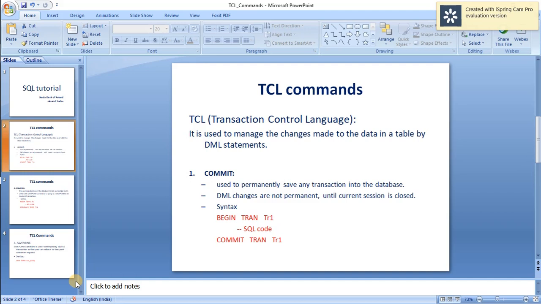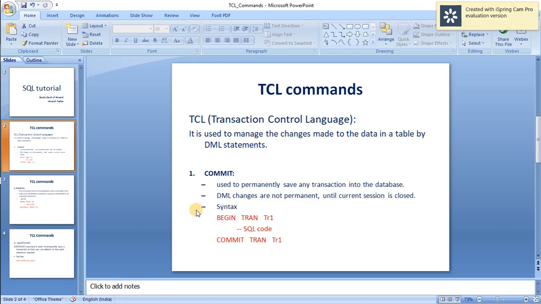If we want to make the changes permanent within the open session, we can do that with the help of the commit command. Or if we want to change back to the previous state, we can achieve that with the help of the rollback command. So let's see each of them one by one.